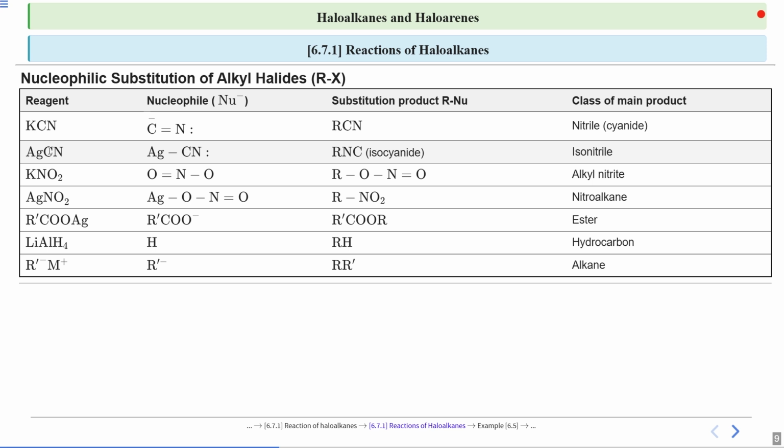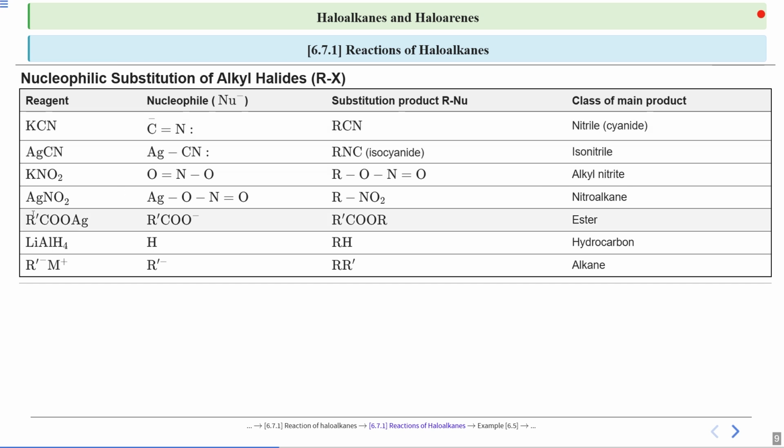Continuing on the table, we have some more reagents like potassium cyanide, from which the nucleophile you will get is C negative triple bond N, and it has a lone pair of electrons, right? And the substitution product will be RCN. The class of main product is going to be nitrile, or you can say cyanide. Similarly, for silver cyanide, the substitution product you are going to get is RNC, that is isocyanide, or isonitrile will be